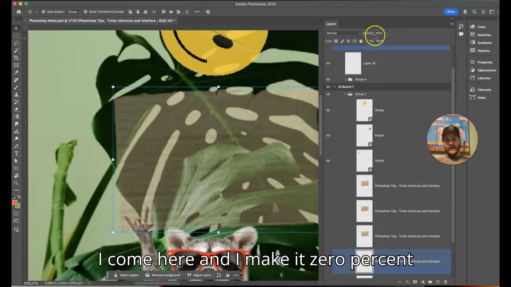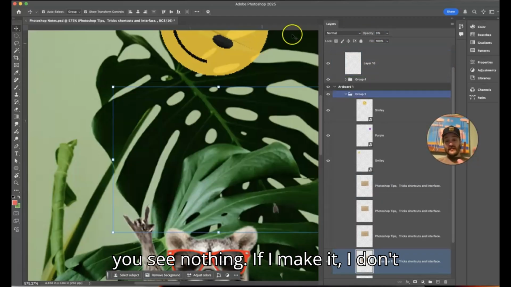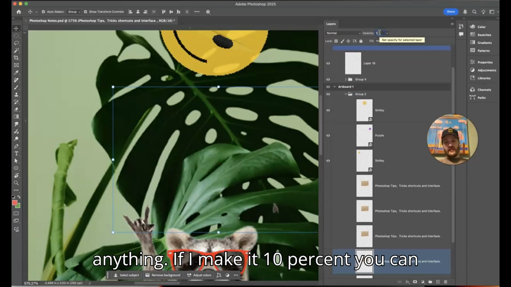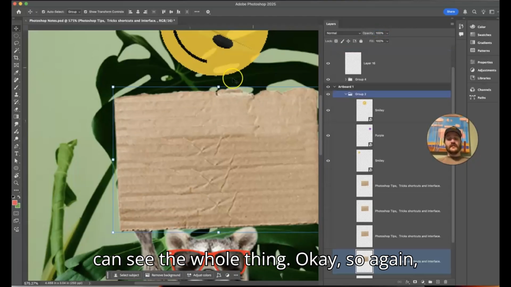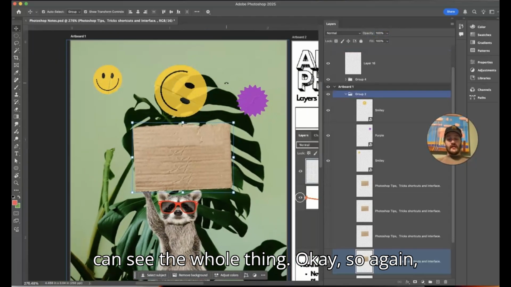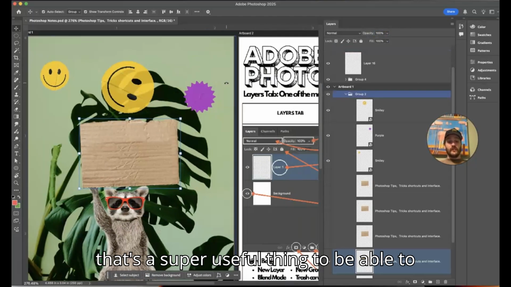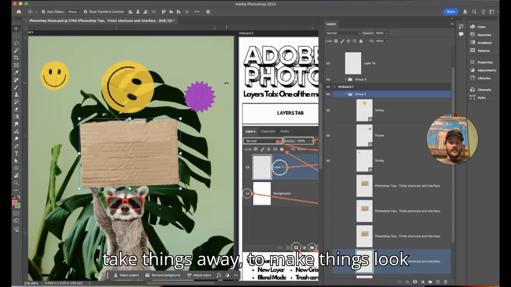Again, if I come here and I make it 0%, you see nothing. If I make it, I don't know, 1%, still can't see anything. If I make it 10%, you can see a little bit. If I make it 100, you can see the whole thing. Okay, so again, that's a super useful thing to be able to take things away, to make things look like